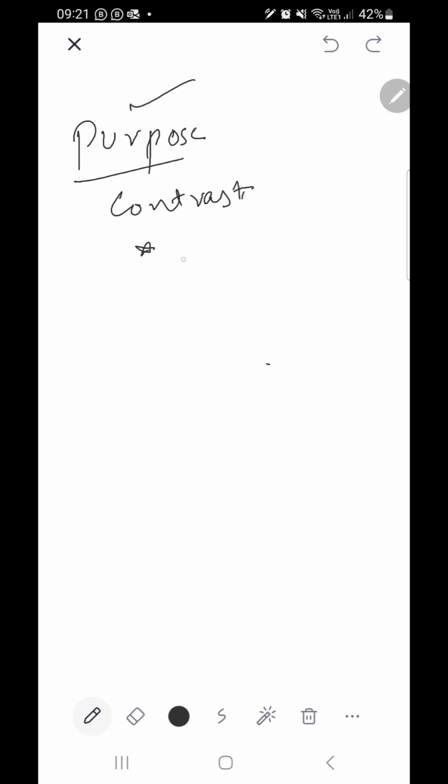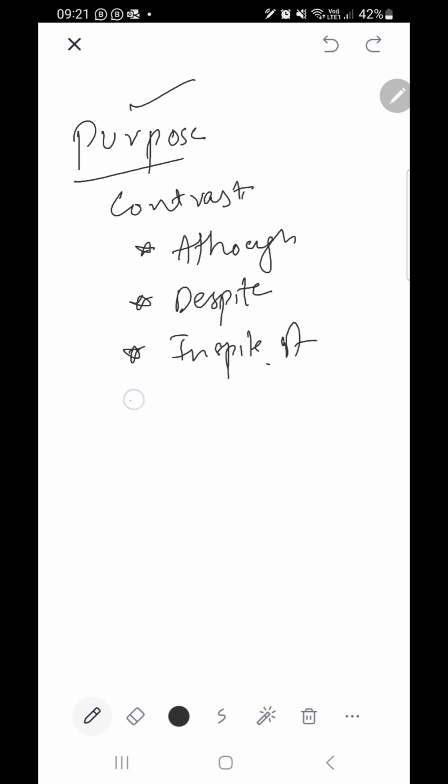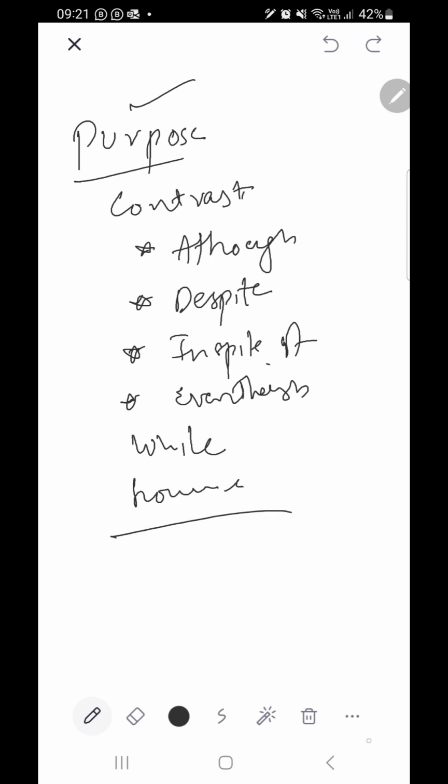There are a few words that can be used, like although, despite, in spite of, even though, while, however. To give you an example, let's say,